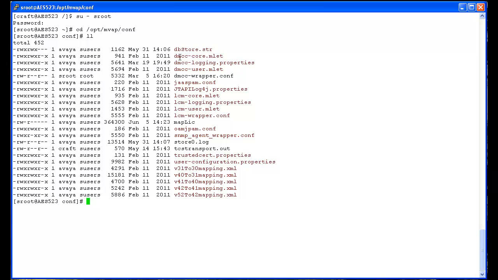So we will start the process by creating the file first, using the command touch and then the file name. This is the Linux command which we are using over here. Once the file is created, we will edit the file using the VI editor by typing vi and then the file name.